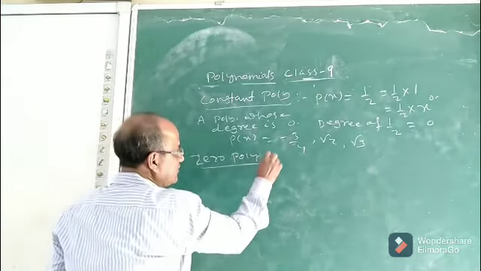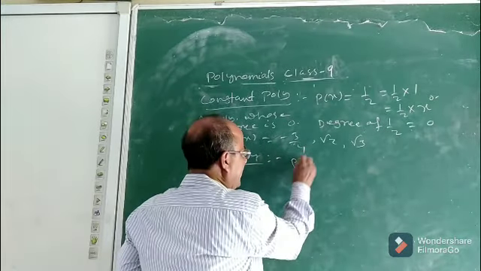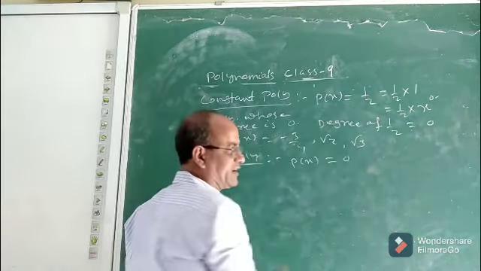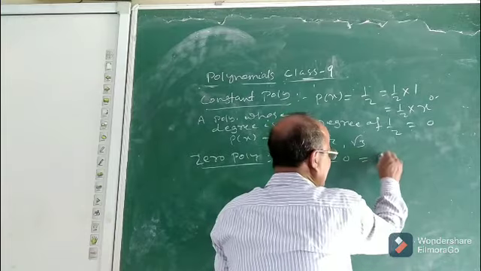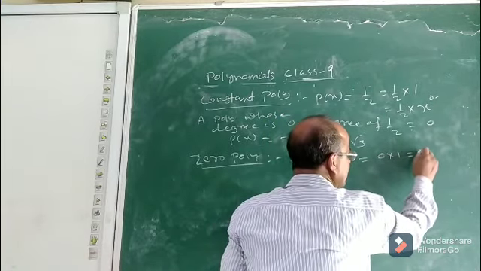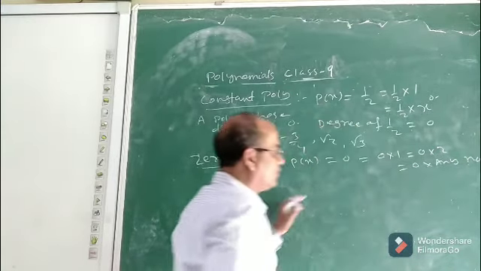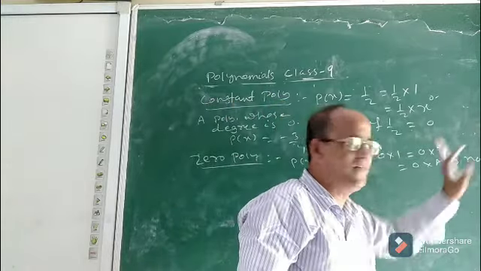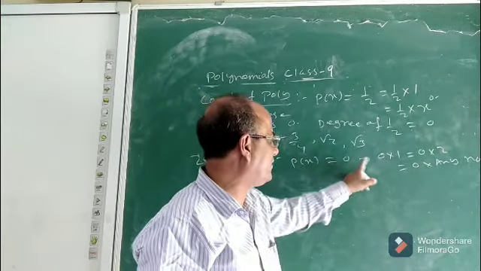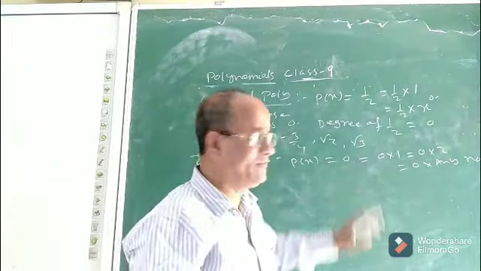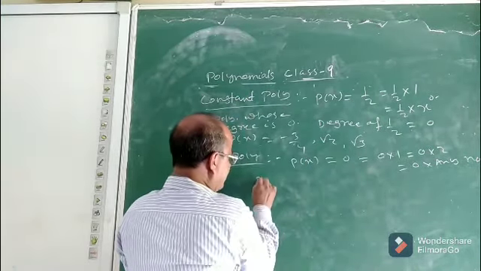What is a zero polynomial? Which polynomial is called the zero polynomial? Let us see. If I take an example, suppose p of x equal to 0. See children, p of x equal to 0. This 0 can be written as 0 into 1, 0 into 2, that means 0 into any number. 0 multiplied by any number is 0. So now, if 0 can be written as 0 into any number, can you define what is the degree of 0?